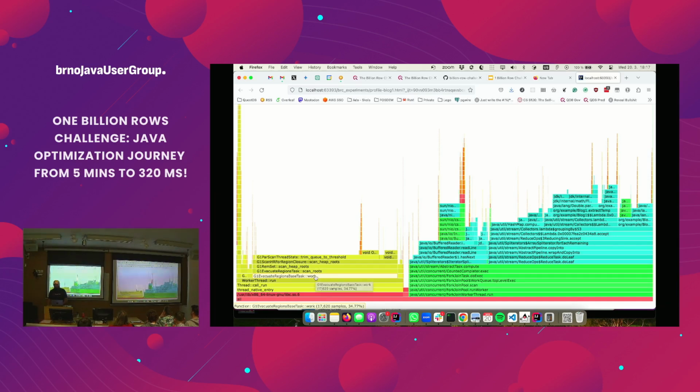So okay, I/O, calculation, and what is this thing? G1 garbage collector. So I can see quite a lot of time is spent on GC. It's not what I want, right? Even though it's G1, so it shouldn't have big pauses, it's still using CPU. And I want CPU time to be spent on running my application, not competing with GC. So that's not great. So we need to fix this too.